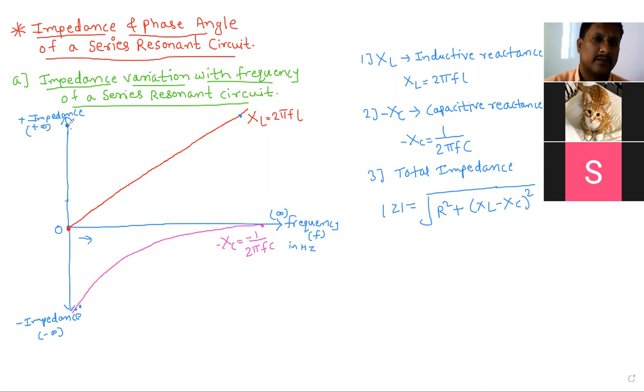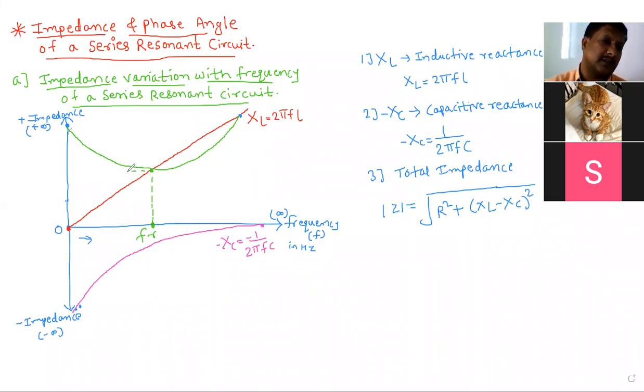So that will be like this. It is a curve like this, like a crescent shape. Somewhere this point is reached. So what is this point? Who will tell what is happening at this point, and what is the frequency value at this point? Yes, this is the resonance frequency FR. The frequency at which resonance occurs means the XL and XC values become the same. At that point, the frequency is said to be the resonance frequency FR.